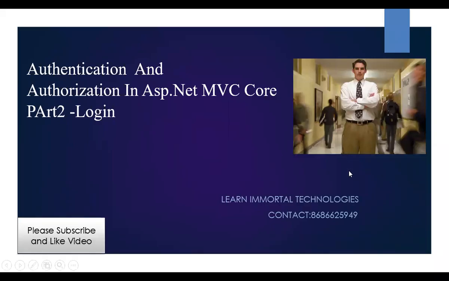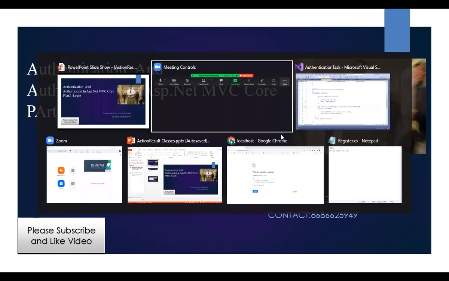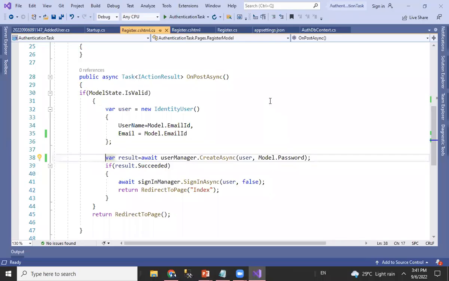Hi guys, we have completed in our previous session how to perform registration in our application. Today we will try to understand how to perform the login operation. So to log in to our application, first of all we are going to go to our Visual Studio,